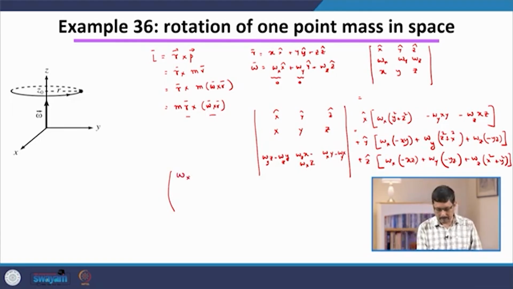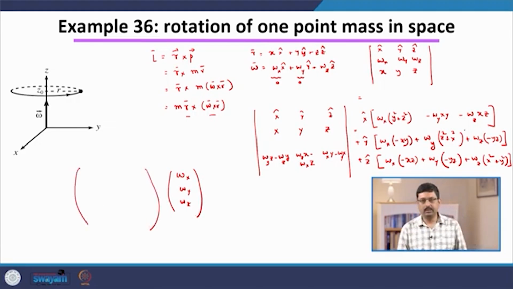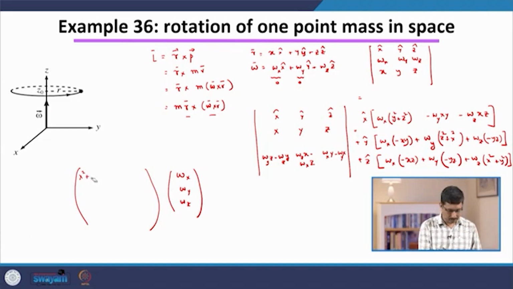We take this vector, we represent this omega, the vector, as a column vector, and then we express this as a matrix, a 3 by 3 matrix. Then we see that the first term should be, and the second term should be